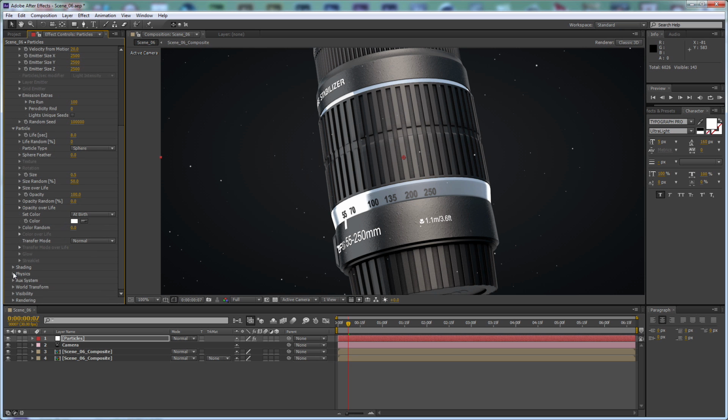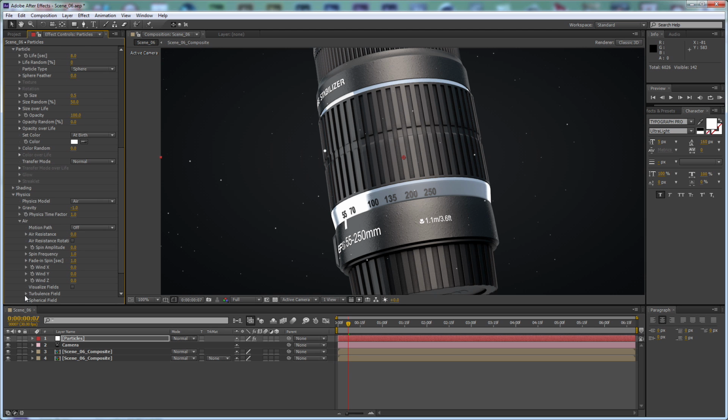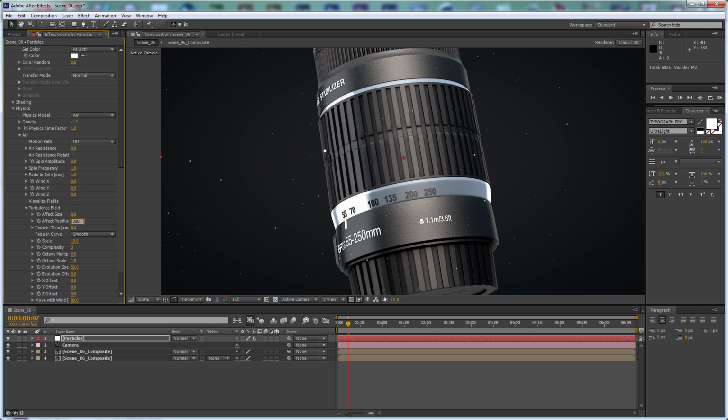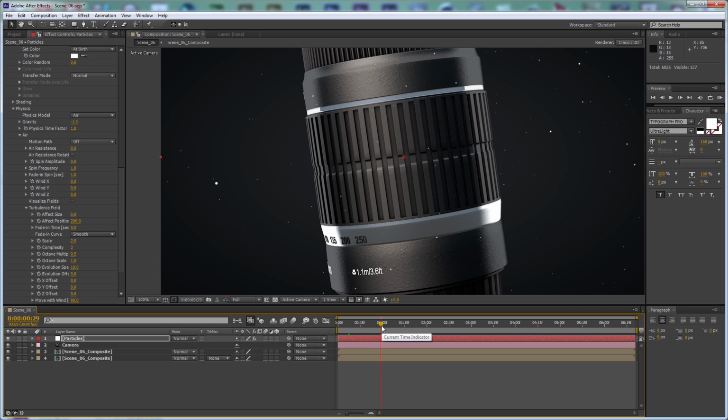and let's open the physics tab. Let's set the gravity to -1, and let's open the air and the turbulence field tab, and let's set the effect position to 200, the scale to 2, and the evolution offset to 10. Actually the evolution speed maybe to 10, and now we need to apply